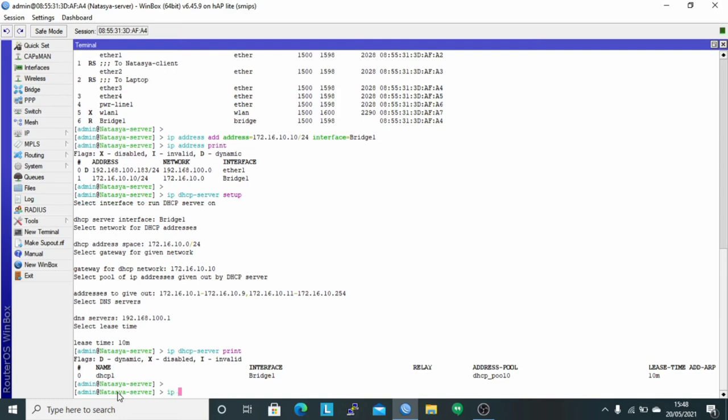After that, I will add the NAT firewall with the command IP firewall NAT add chain srcnat, and out interface is the interface connected to the internet, namely Ether 1, and action masquerade.